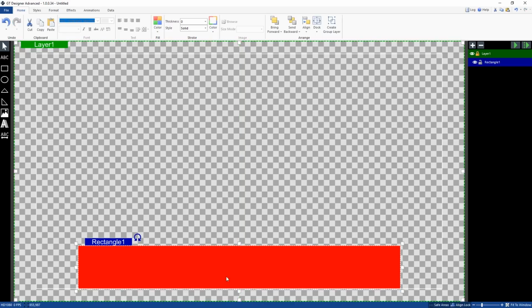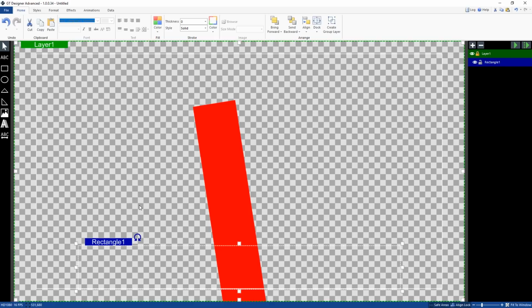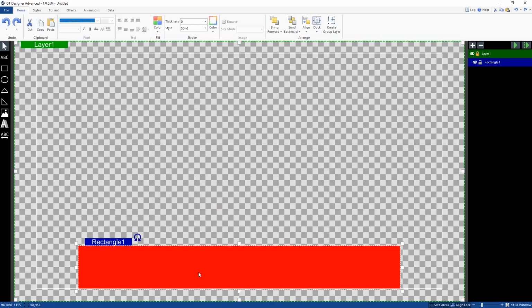So it's still in the center, but it's within the safe zone. So that's my rectangle. I can move it around, I can click this and spin it around into different locations if I want to. I can undo that. Now if I wanted a specific size rectangle, I could also go to the format menu here and adjust the